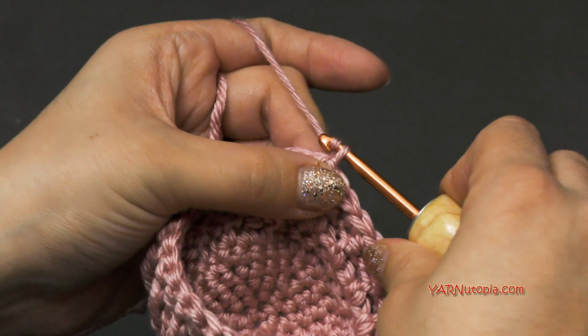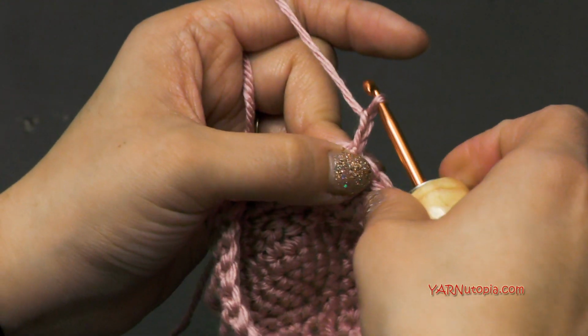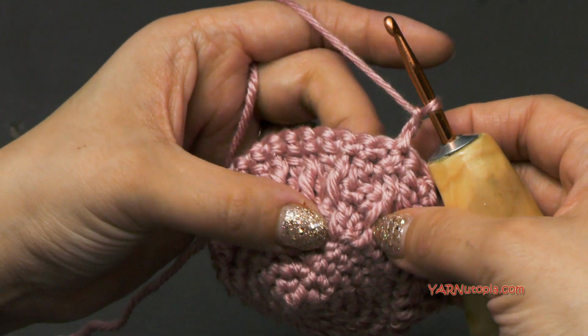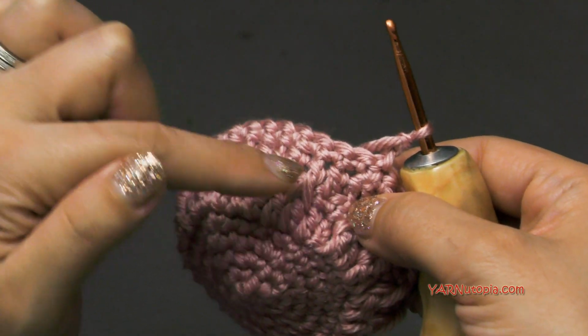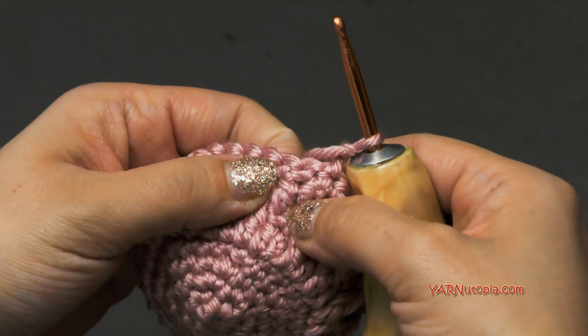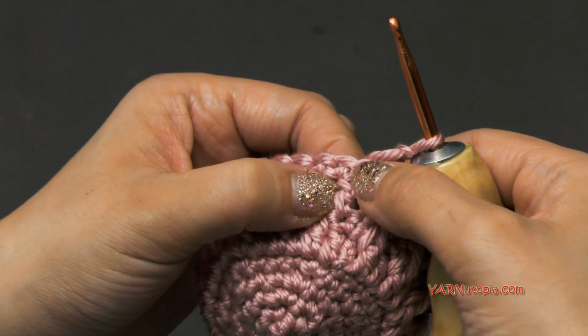So now we're going to chain up 2, and we're going to turn our work so we're looking at the outside of our mitten now. And now we are going to work similarly how we worked round 8, but we are going to alternate our stitches. So instead of starting with a regular double crochet, we're going to start with a front post double crochet